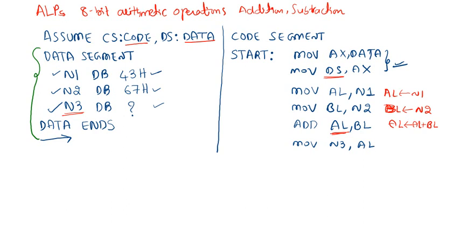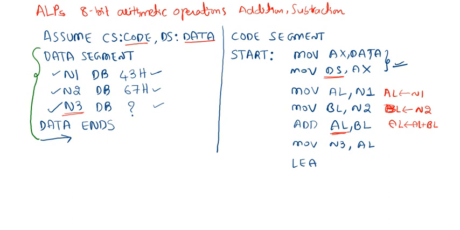So now, by this you will be getting the resultant at this question mark. That means the question mark will be replaced with the result value, and we don't know the exact location value of N3.